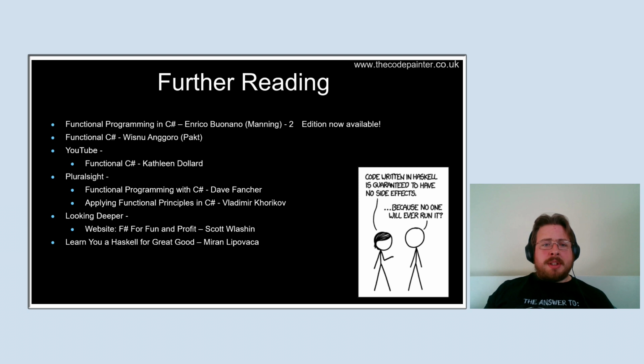Further reading for the C# topics. So the best programming book that I have read in a very long time is Functional Programming in C# by Enrico Buonanno. It's published by Manning. The 2nd edition is now out. I think it's just in pre-release form, but still, this is an amazing book, and I strongly recommend going and